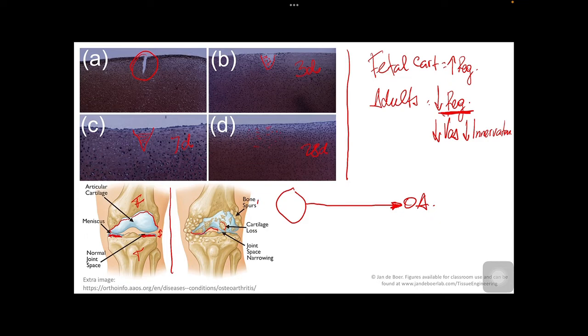They can trigger the formation of these bone spurs. They can narrow the joint space. And then here you will see contact between the femur bone and the tibial bone. That's super painful. It triggers inflammation, and it will basically lead to replacement of the whole knee joint